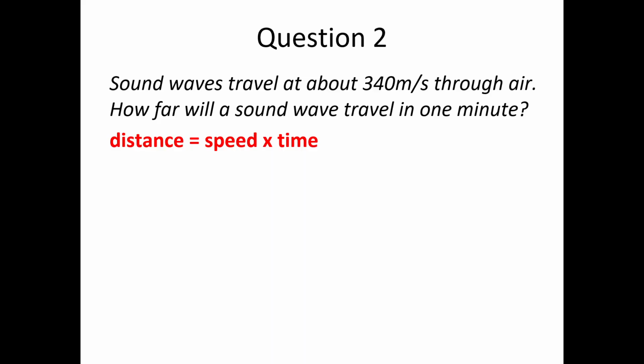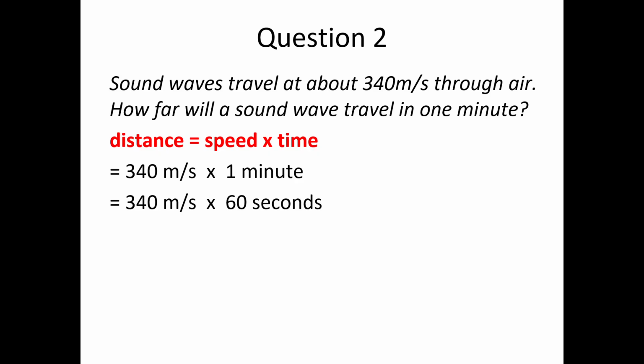Okay, let's have a little look then. So this time you did need to rearrange the equation, okay? So distance is speed times time, and the speed is okay because it's in meters per second, but the time is 1 minute, so that's not going to work in terms of units, okay? It needs to be in seconds, and so the answer there is 60 seconds for that part of the question. And so the total distance is going to be the speed, which is 340, times 60, which is 20,400, or